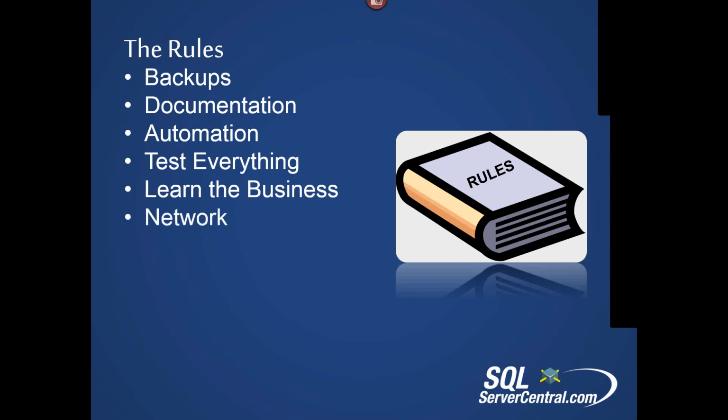The best way to do that? Network. Network with people. I get it. A lot of us become DBAs because we are asocial, hidden. We want to go into a closet in a little hole in the ground, and that's it. Be done, right? But you can't. You need to network. You need to talk to the SAN team to understand how they've configured your disks, right? If the SAN team just says, oh, it's all fine, and you walk away and there's a problem, it's your fault as much as theirs.